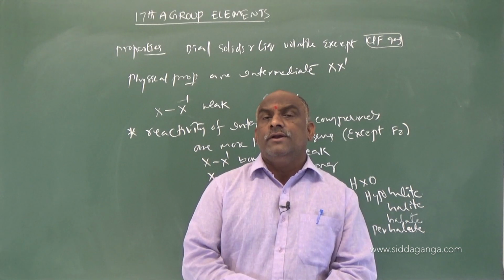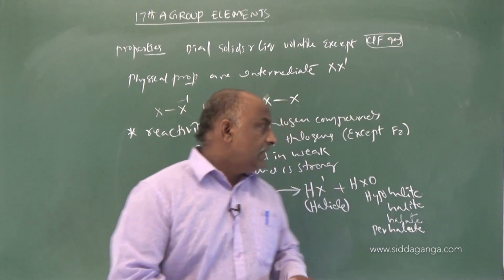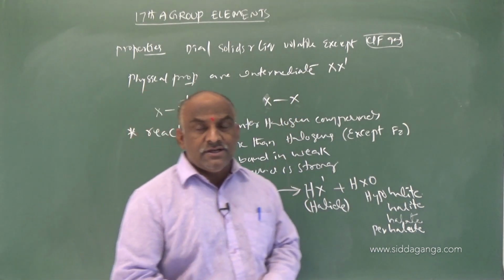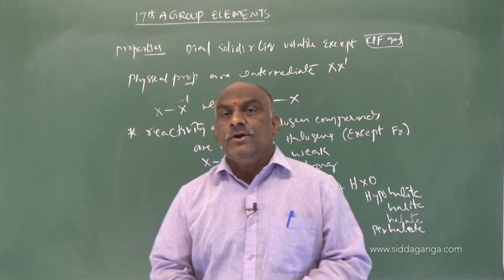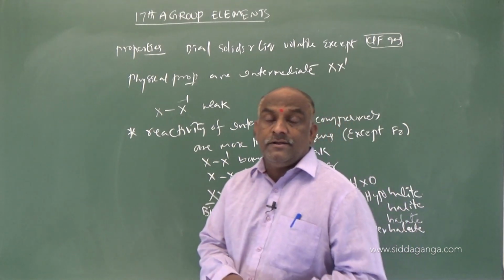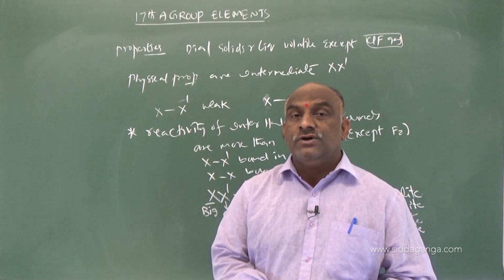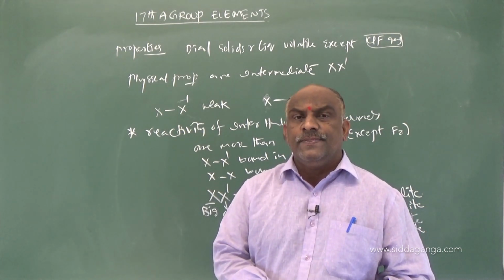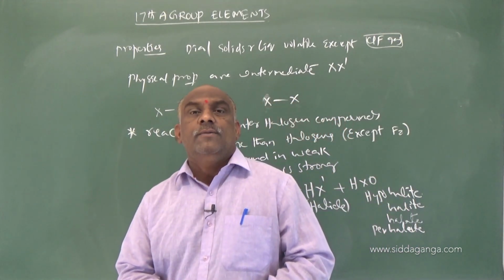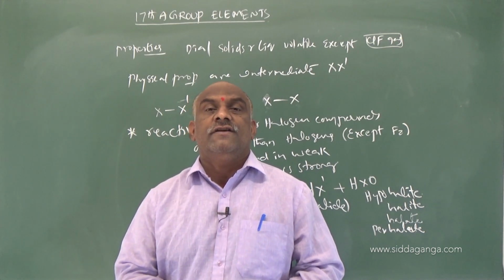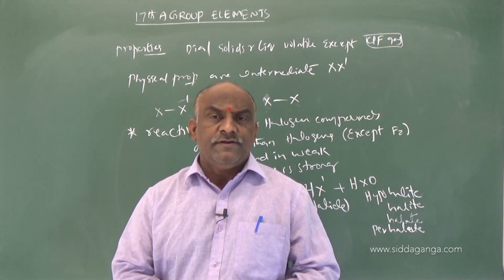And you remember one more point regarding these 17th group elements. In hydrogen halides we said HX. What is HX? HX is called hydrogen halides, and in these hydrogen halides you should concentrate on two more points from a comparative point of view: boiling points and melting points, acidic strength, and stability. You should focus on that. And last class we discussed oxyacids of chlorine: hypochlorous, chlorous, chloric, perchloric, and bond length and bond dissociation enthalpies also you should concentrate on. Clear? Those are very important from a competitive examination point of view.